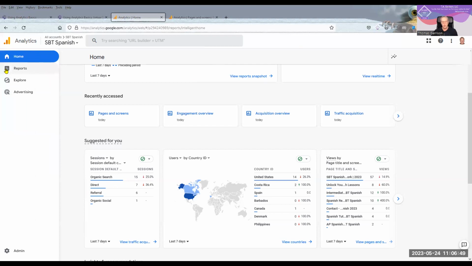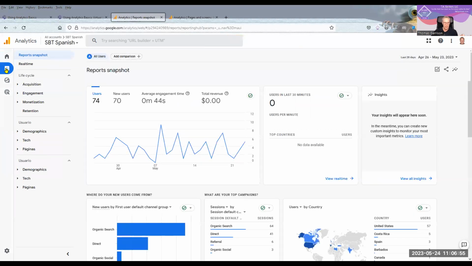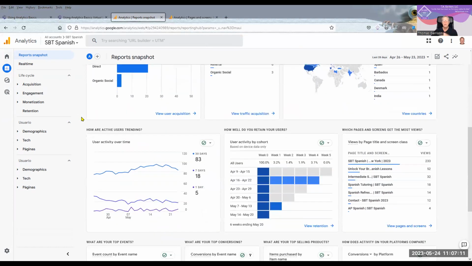Now, you don't have to know all the stuff that I'm telling you, because what you're really looking for is the reports. That's the second button right below home on the far left. Got that? Reports are what you're trying to find. You can, again, take a gander at all this information and still get kind of confused, because it's still overall about the whole site.